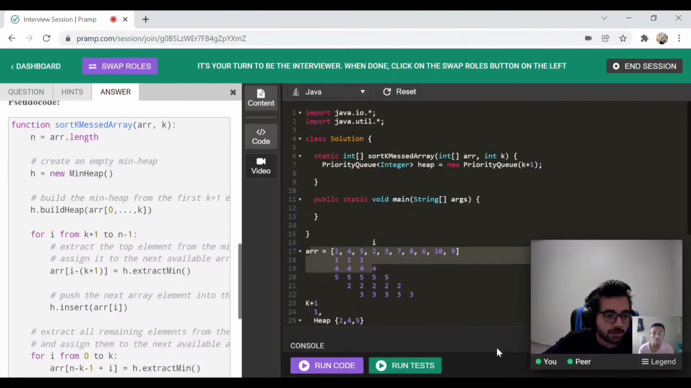Yeah, I think the initialization is good. Okay, we're good. So we have the heap. Now for the initial things,